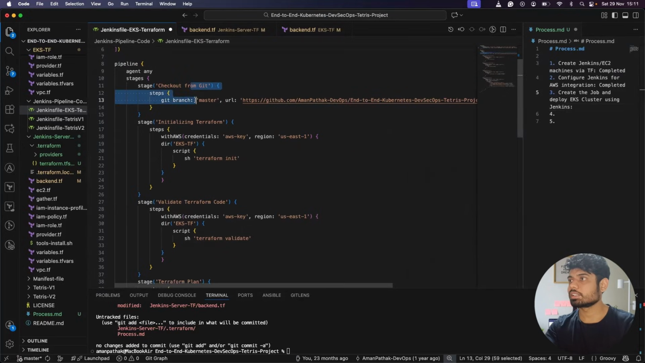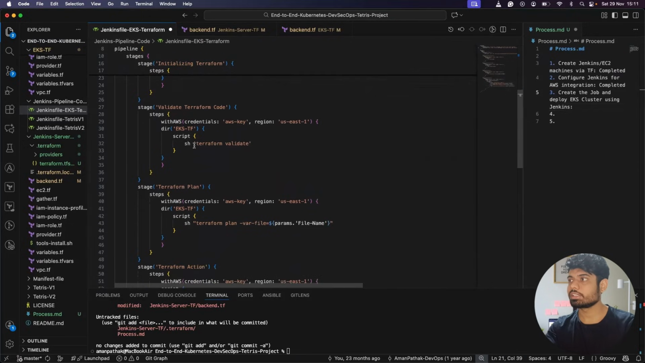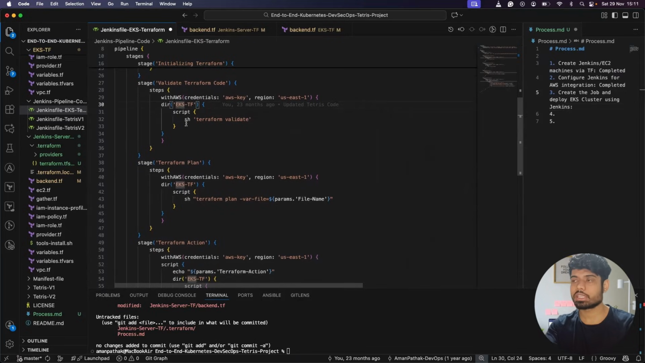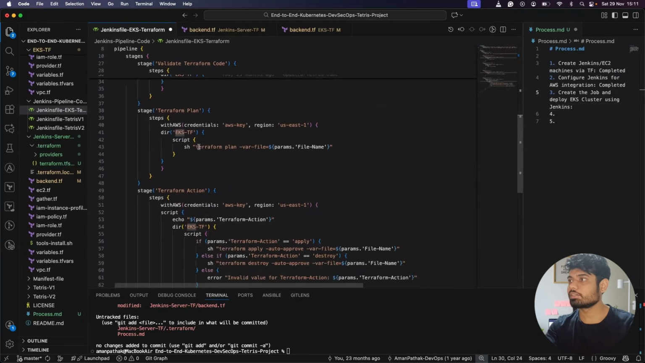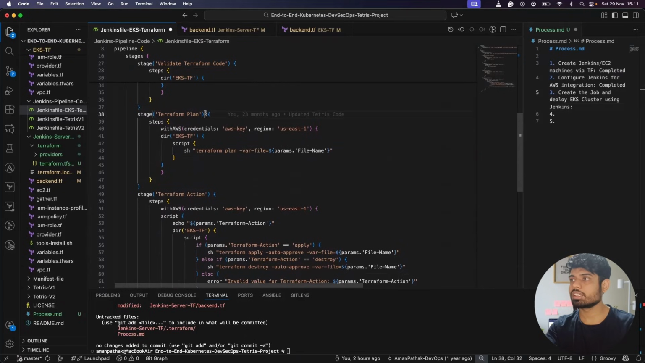Then after that, it is cloning the repository from Git, and after that it is running the Terraform init command, and then it will validate whether the configurations are correct or not. And for that, we already set up the working directory, which is EKS-df, in which our Terraform configuration is present. Then we are running the Terraform plan, and this is actually mandatory. It will always run. So I will just remove this,